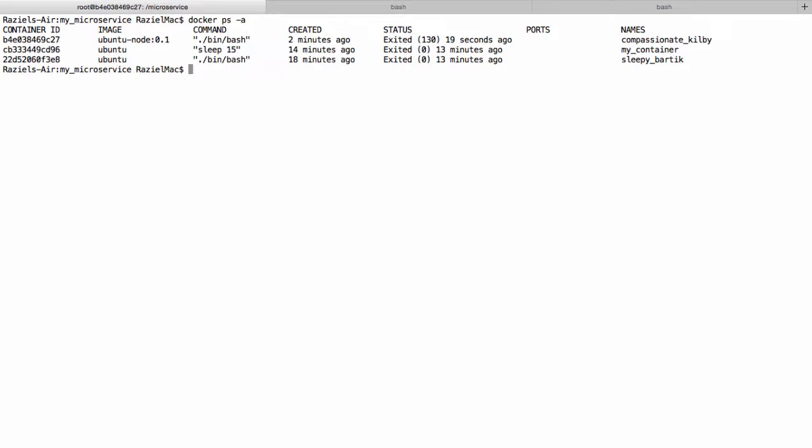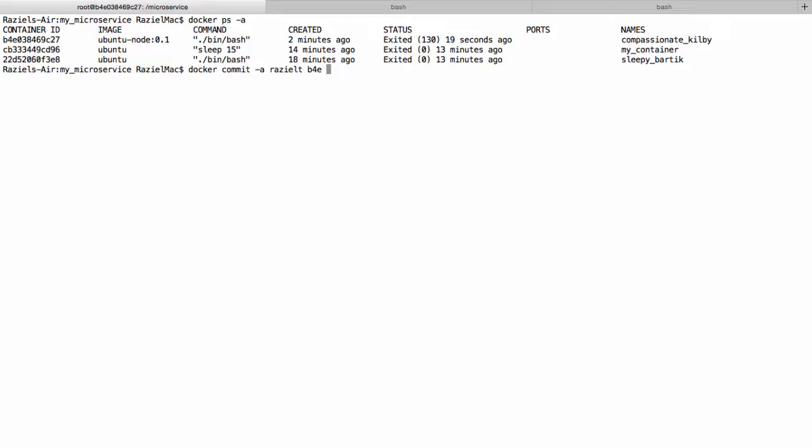Now we have the container ID that we want to use for the docker commit, so we will run docker commit, and we're going to give the flag -a, LT as the author, then the first three letters, which is b4e, which is enough at this point,